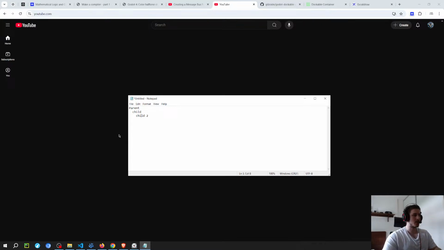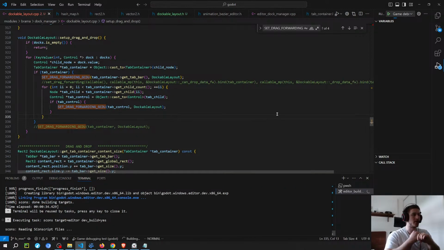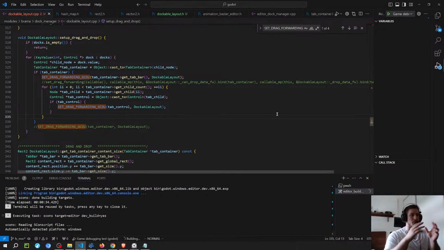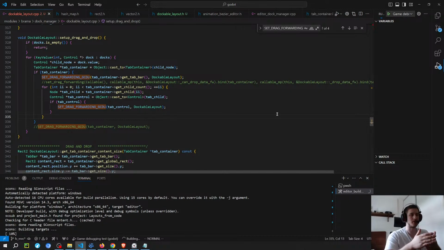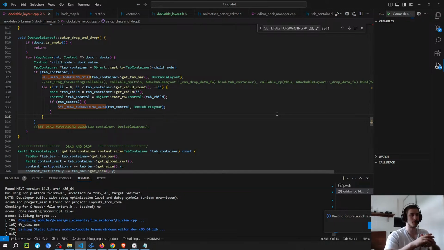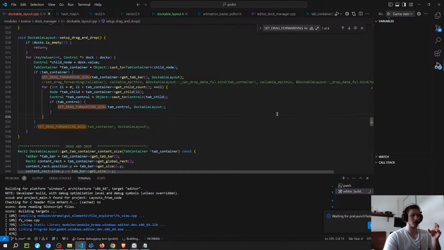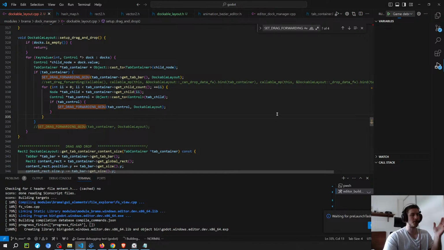And I think it's just not worth it to follow this route. On top of that, it's going to be very complicated to reorder everything. And I believe that's the reason why on the editor they did it the way that they did it, because the tab bar already has a functionality to move tabs across different tab containers. And the only thing that it doesn't implement is the restructuring of the layout, which is the thing that I wanted to implement. But I just saw right now, before I started streaming, if you move tabs,